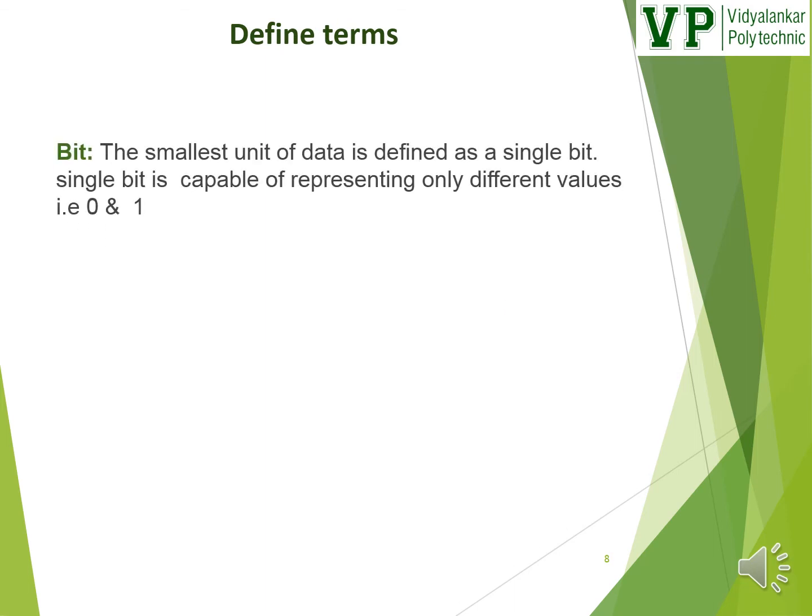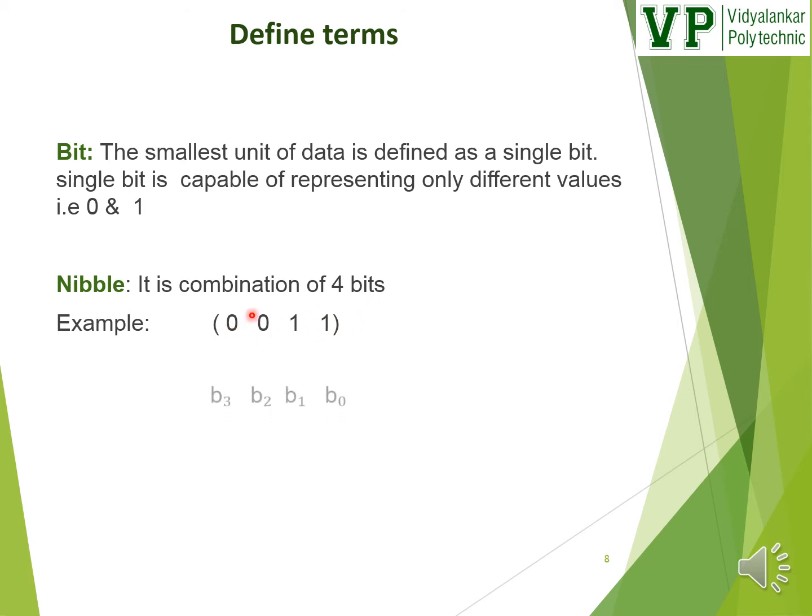Define terms related to number system. First one, bit. Bit is the smallest unit, a single bit. A single bit is used to represent different values in the form of 0 and 1. Nibble. It is a combination of 4 bits. For example, we have taken 4 bits